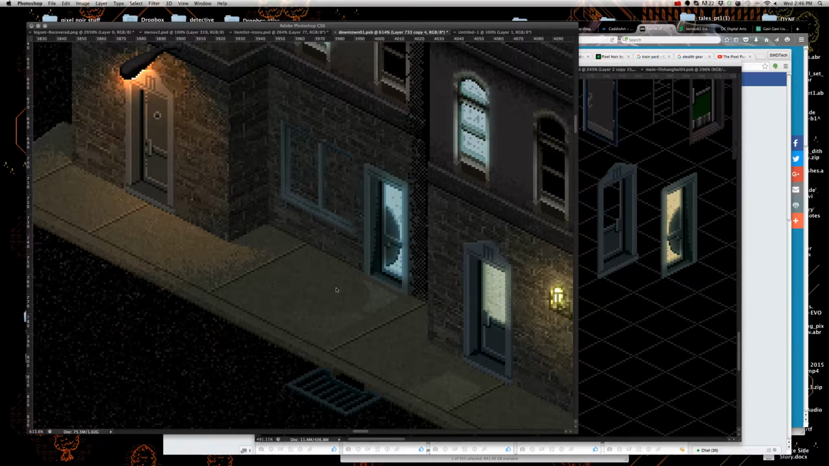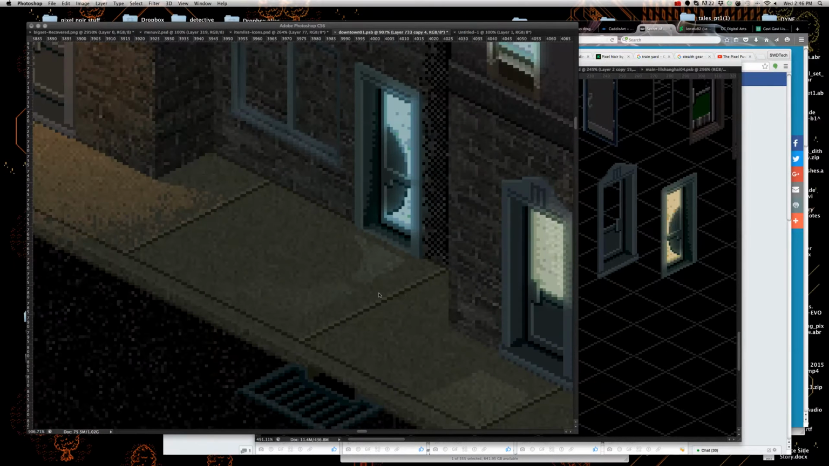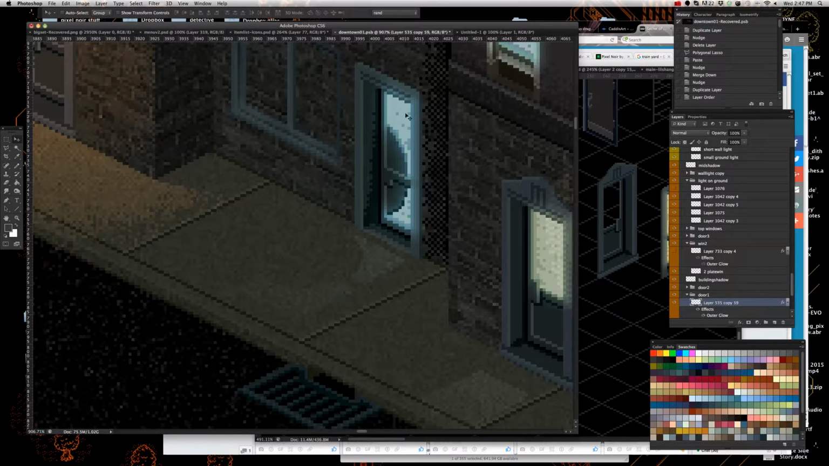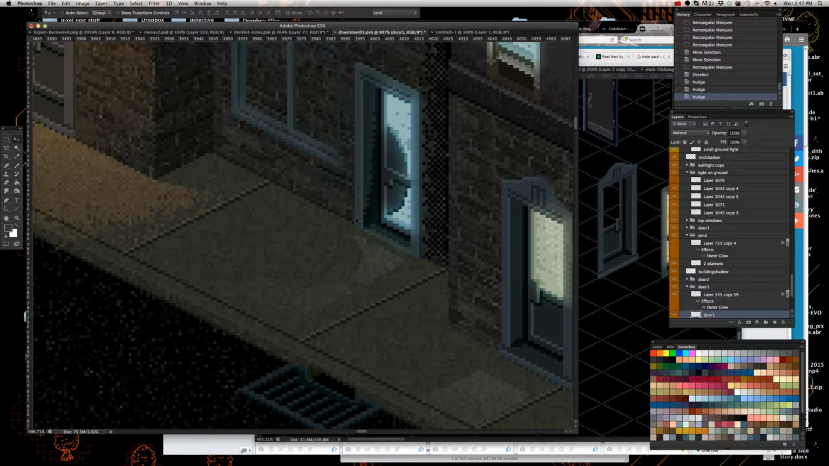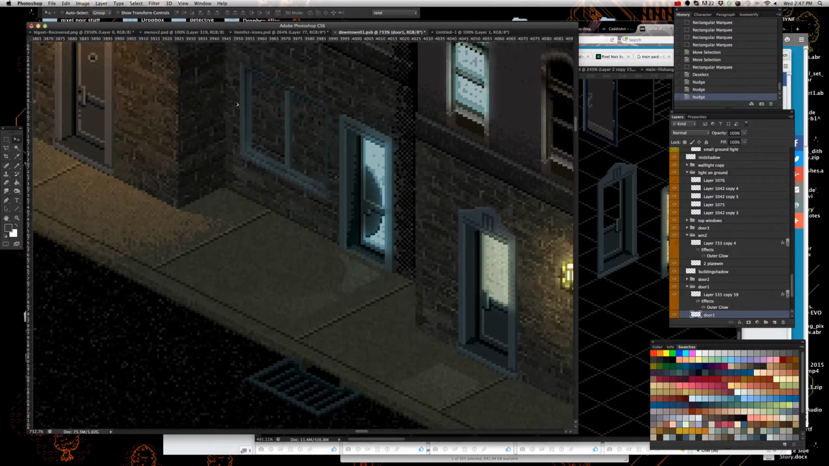Just going to teach you how to make lighting from windows and lighting from the window onto a surface. So you'll see here I have this door. You see the light that I have on it, and the light that I have on the floor. That's my door. Okay. So I'm just going to show you how I do that with